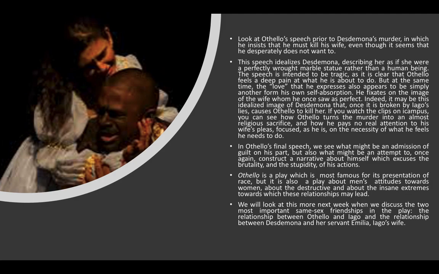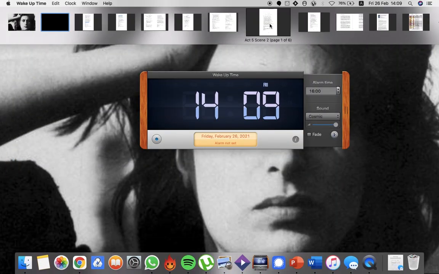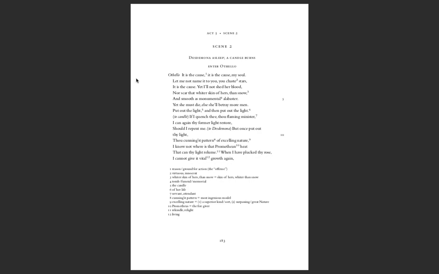Okay, and then if we fast forward to Act 5, Othello is now convinced that he has to kill Desdemona, which he's going to do. And at the start of Act 5, Scene 2, which is the scene in which he does kill Desdemona, and it's the final scene of the play, we see him giving a speech as he enters her bedchamber. And he looks down on her